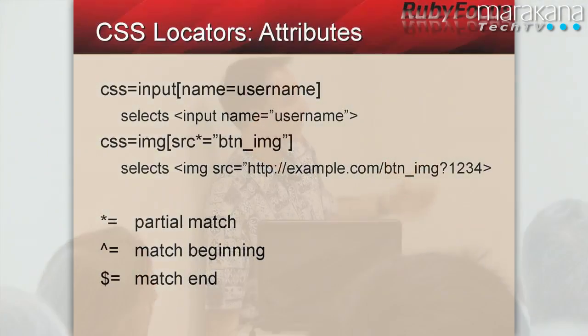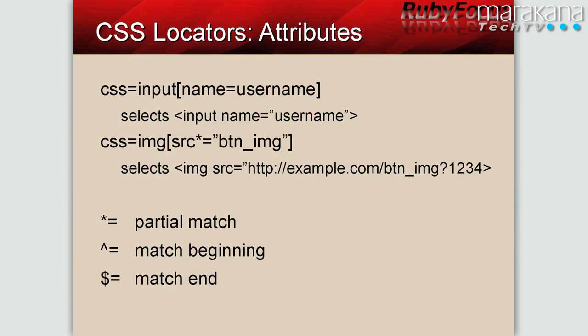Like if you want to check, for example, test for input attributes on input tags. If you want to check that there's an input tag that has a name set to username, which would be such an input tag, you can use this rule up here to grab it, either for locating purposes in Selenium or for view testing in RSpec. The CSS equal bit is a Selenium